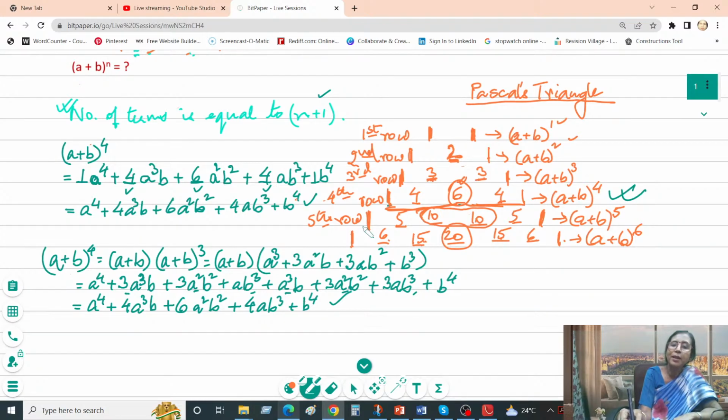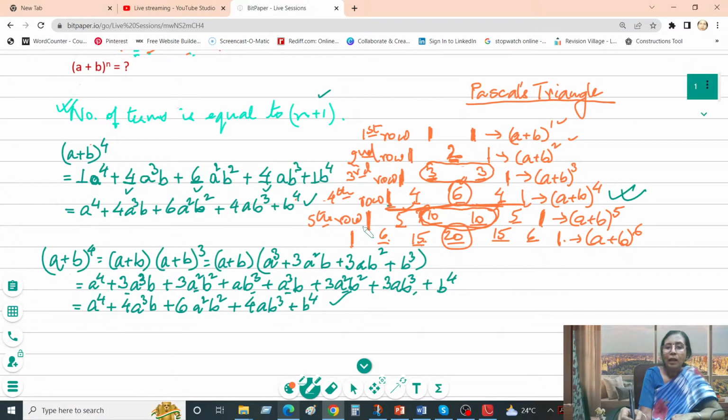There will be 2 terms containing the same coefficient when the power is an odd number. When n is an odd number, you will be having 2 terms having the same numerical coefficient. Like when n equals 3, when n equals 5, you are having 2 terms containing the same coefficient. Of course, the other terms also have the same coefficients, but these two will be the 2 adjacent terms, and their coefficients will be the highest numbers. So this is the symmetry that you have to realize.